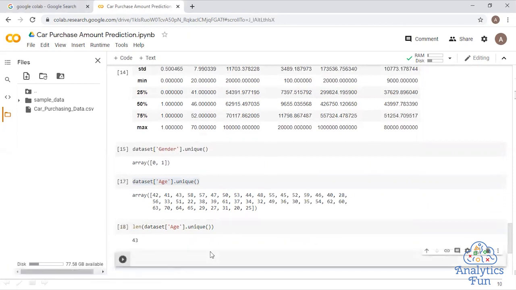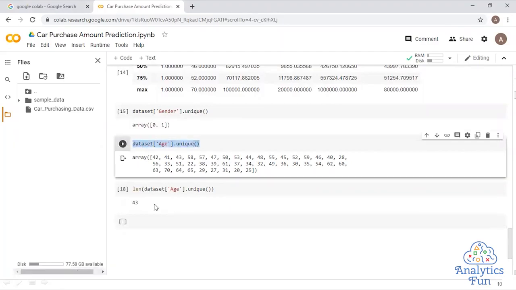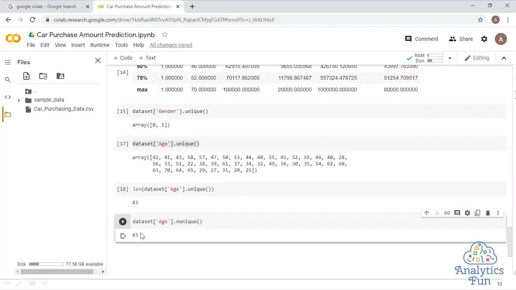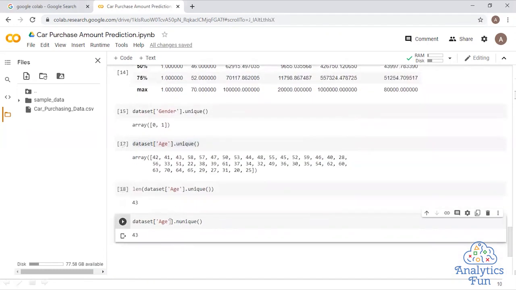And if you want to display it with the direct function, you can copy this function here and write nunique, that is number of unique values, and it will also give 43. So these are the methods which you can use to identify the unique values.